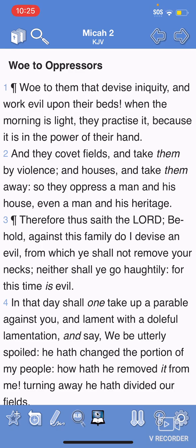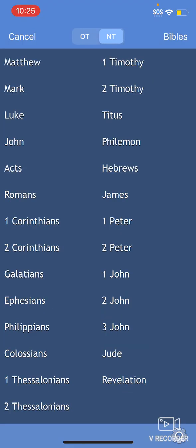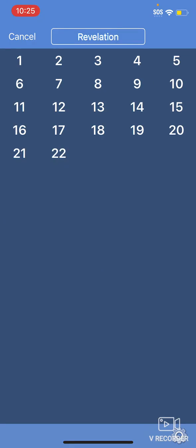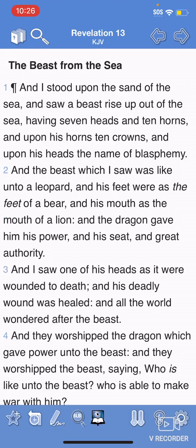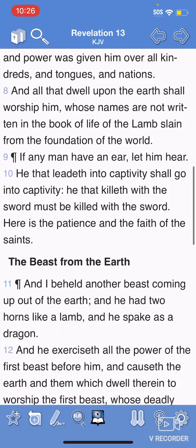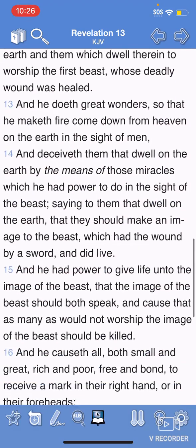It says when the morning is light, they practice it because the power is in their hand. Right, because the power is in their hand. So they put it to use with their legislation. Henceforth, let's go here to Revelation, the 13th chapter, the 15th verse. It says,